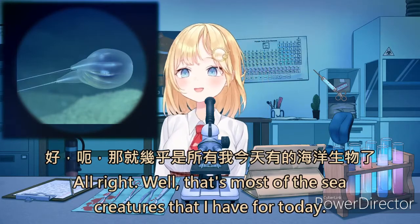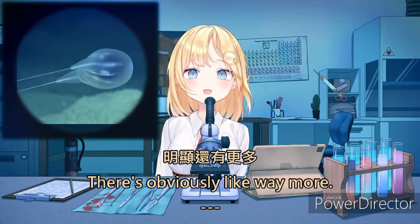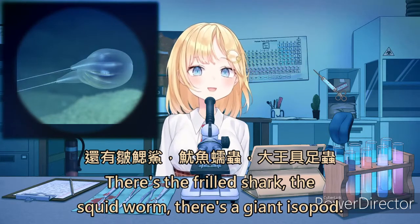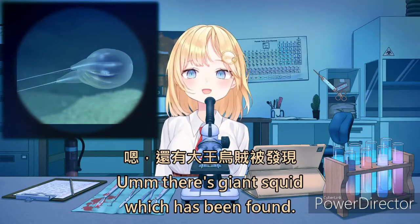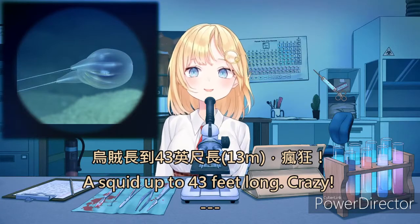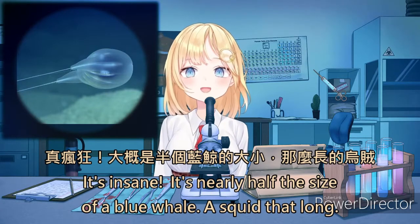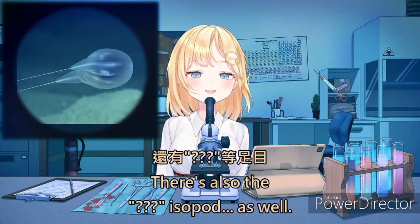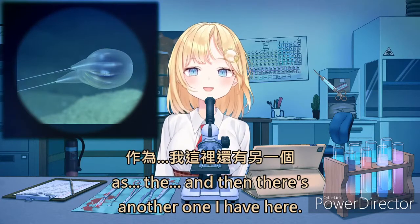All right, well, that's most of the sea creatures that I have for today. There's obviously way more. There's the frilled shark, the squidworm. There's the giant isopod. There's giant squid, which has been found, a squid up to 43 feet long. Crazy. It's insane. It's nearly half the size of a blue whale. A squid that long. There's also the Minopus isopod, as well as the...